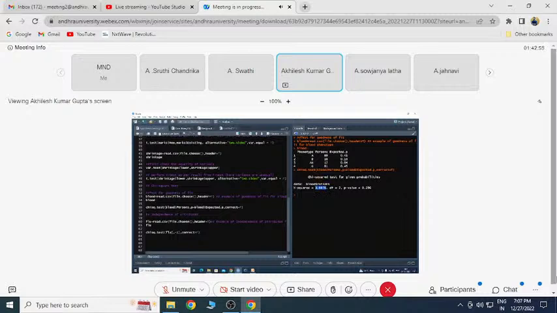That's how you interpret this p-value and the test statistic value. You just have to report that. If the p-value is less than 0.05, you will say that the observed frequencies are deviating from my expected frequencies. That is the basic interpretation of the chi-square goodness of fit.